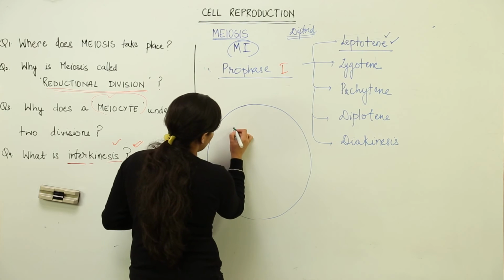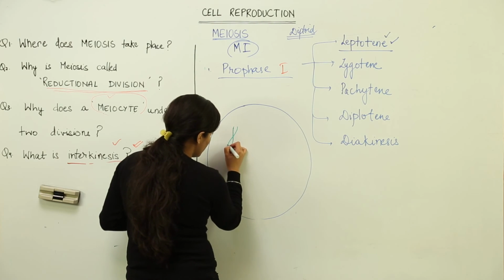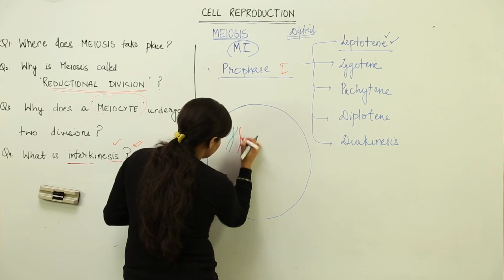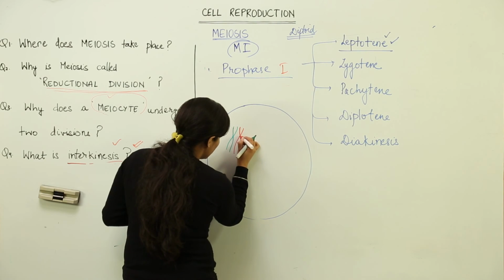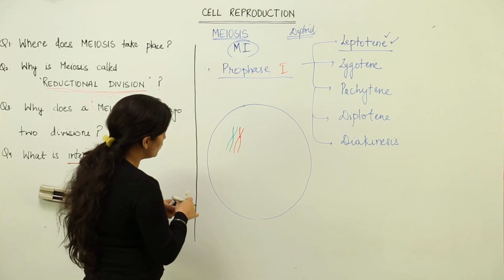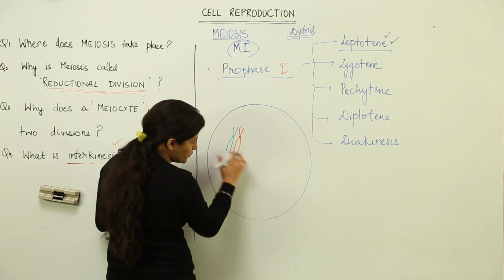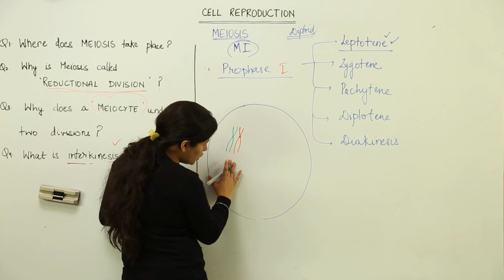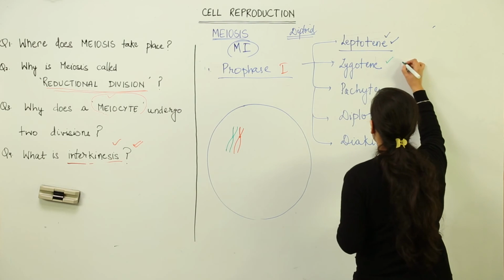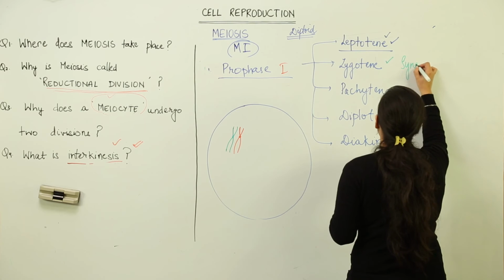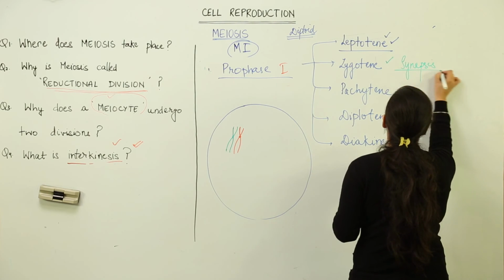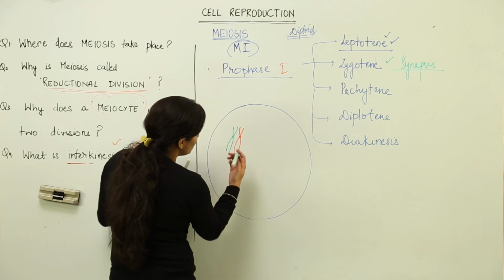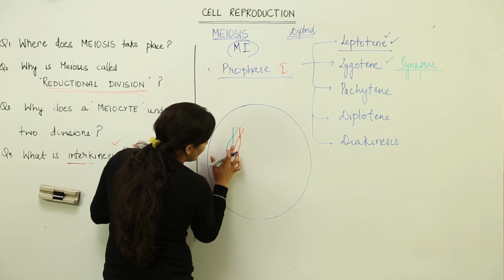Taking this as one chromosome and this as its homologue, I am taking a different color just to make you understand that these are homologous pairs. Whatever is located over here would have the same locus for all the alleles. These two homologous chromosomes are going to come close to each other. Whenever I talk about zygotene, please remember the term synapsis. Synapsis is basically joining. These homologous chromosomes come close to each other and join at specific points.